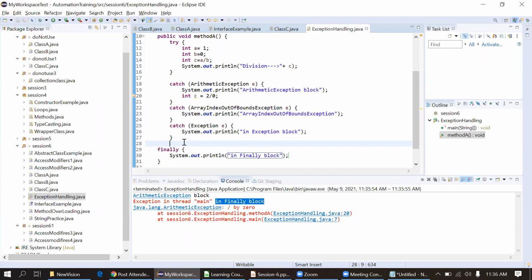So, any questions so far on try, catch, and finally? Finally is mostly used for some teardown operations actually. So suppose our script failed in between, we should close the browser, right? So for that type of code, we simply put it in the finally. So our browser won't be open at the end of the execution. There can be multiple scenarios. I'm just putting one or two examples in front of you to understand more.